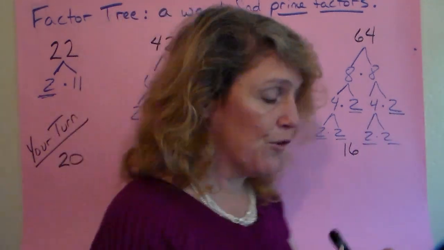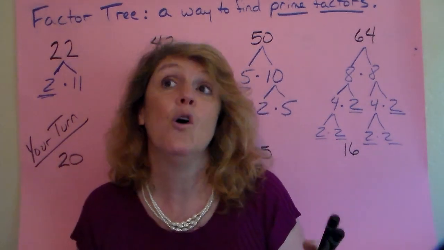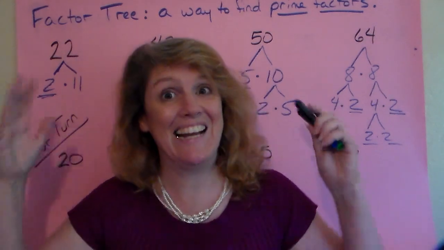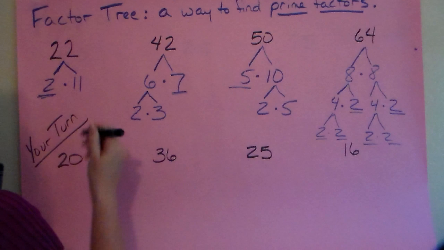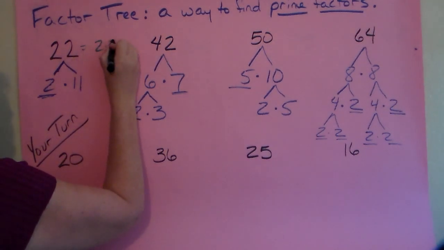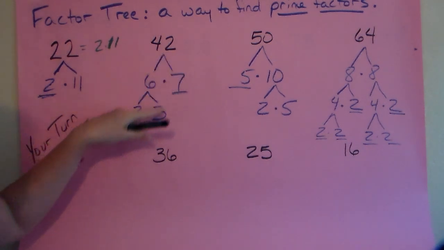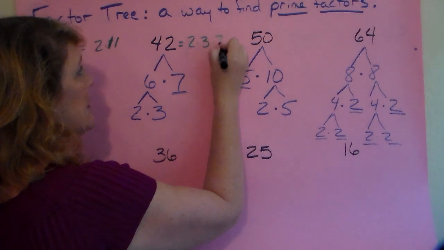Now, once you get your factor trees done, you actually have to tell me what the prime factors are. You can't just show me the tree and say, ta-da! You've got to actually have an answer. So the answer to 22 is 2 times 11. Whoops, 11. The answer to 42, and we want to put them in order, 2 times 3 times 7,